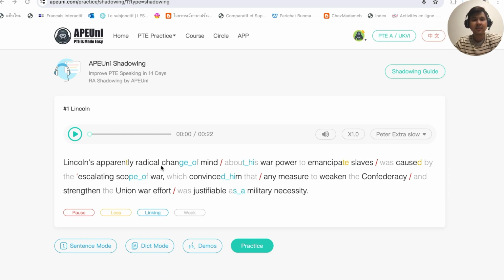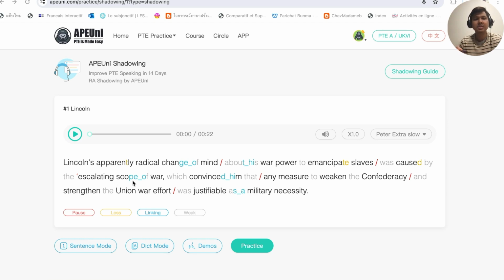Lincoln's apparently radical change of mind. You have to say change of mind. About his, this is linking as well, about his war power to emancipate slaves. We don't say it with a strong 'to'. You just say about his war power to, the weak form is to, emancipate slaves was caused. Usually caused, but the D is lost. We don't pronounce the ed too strong, too loud. Was caused by